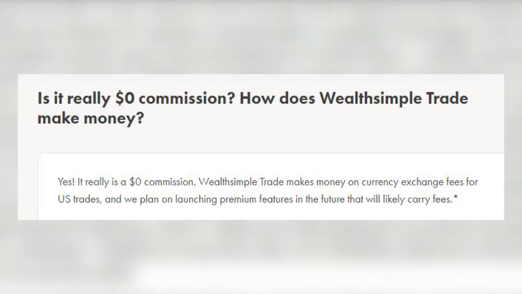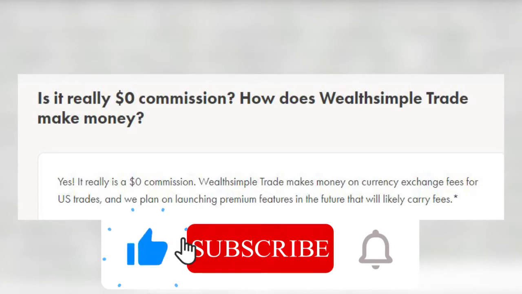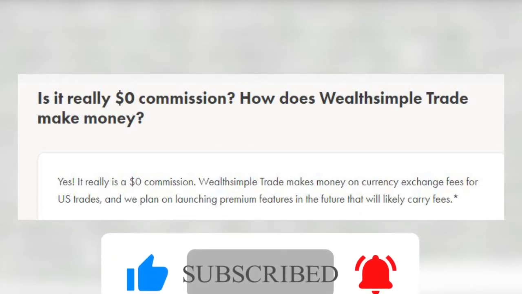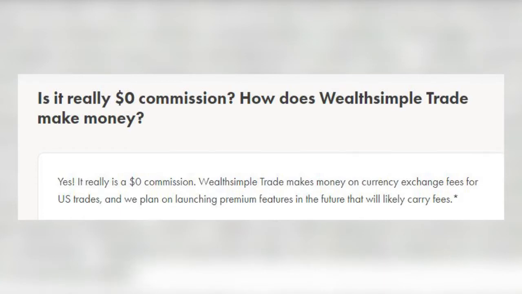So the first thing is this feature of $0 commission on trades. The act of putting an order to buy or sell a stock on Wealthsimple Trade is free. This is a big reason why a lot of people have downloaded this app, and a big reason why its counterpart in the US, Robinhood, is so popular as well. But whenever you're getting a service out of a big tech company for free, you should start inquiring exactly what this transaction is. What is the true exchange between me and them that is going on? Remember, these big tech companies get massive investments and those investors expect a return, so nothing is really free.